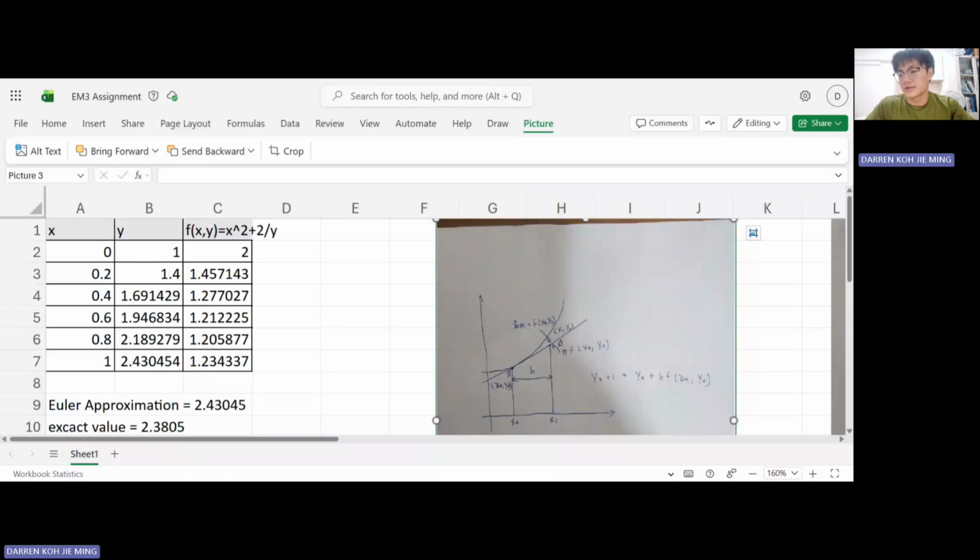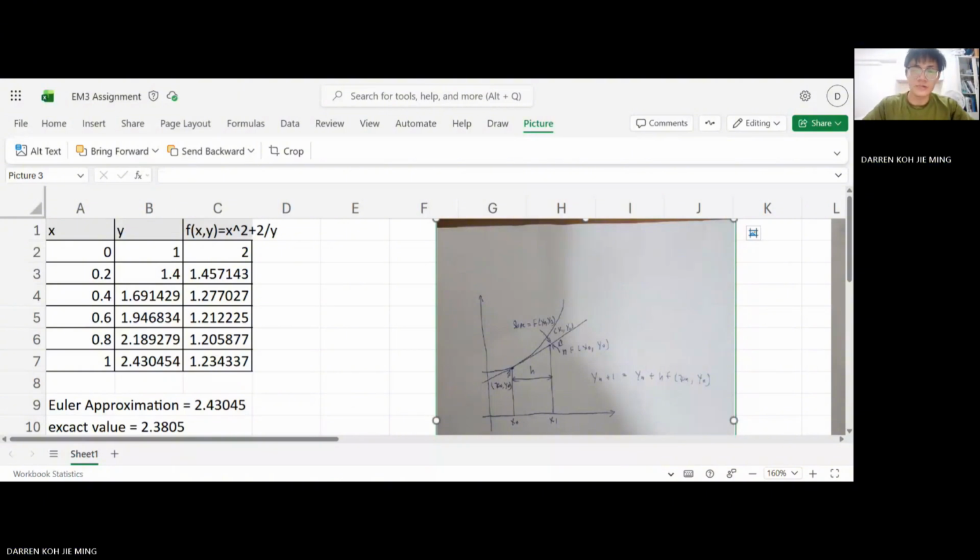Therefore, the coordinates of the next approximate point are (x1, y1). Repeating this process allows us to generate more approximate points until we reach the required value of x. This leads to the Euler formula: y(n+1) = yn + h f(xn, yn). For this question, the gradient function is f(x, y) = x squared plus 2 over y. I will substitute this expression into the Euler formula to calculate each successive